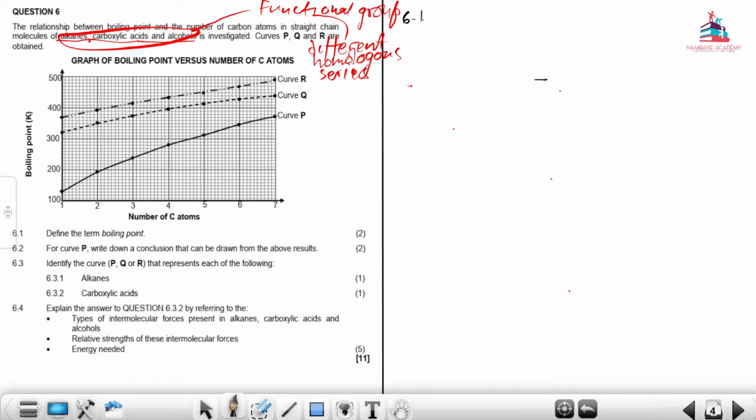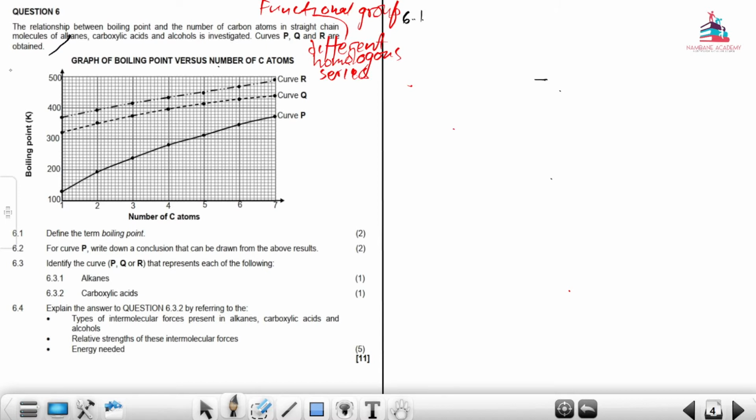But before we get into 6.1, already, is it possible for me to say something about the graph on its own? Yes, I can be able to do so, because now I know that alcohols, carboxylic acid, and alkanes, they have a specific intermolecular forces. So with specific intermolecular forces, I need now to write here to say I definitely know that